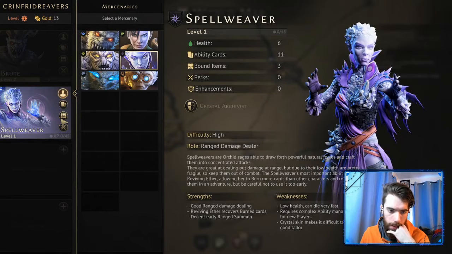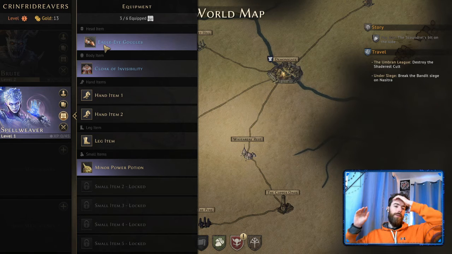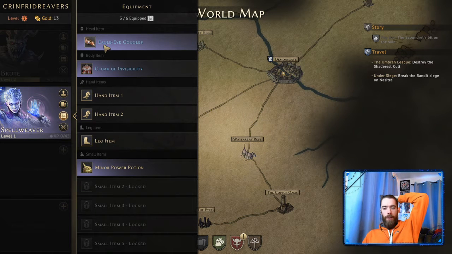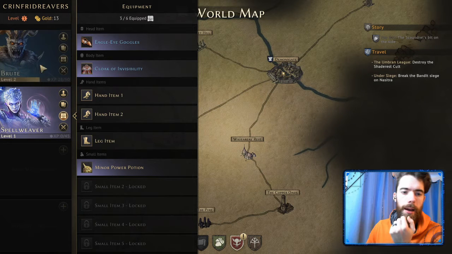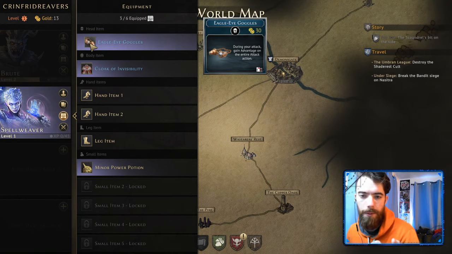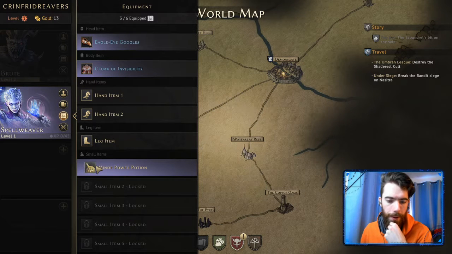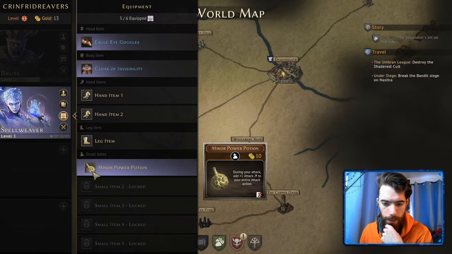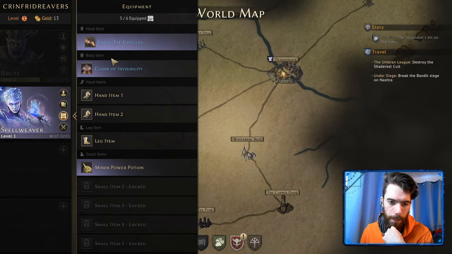Okay, so then just to show the equipment that she's bringing, I switched the Eagle Eye goggles from the Tinkerer over to the Spellweaver because she has these beautiful AoE attacks, lining up Fire Orbs where you have advantage on all of your attacks, and then she has Minor Power Potion here. This is a starter item. You get +1 attack to your entire attack action, so that means that Fire Orbs is suddenly a 12 damage attack